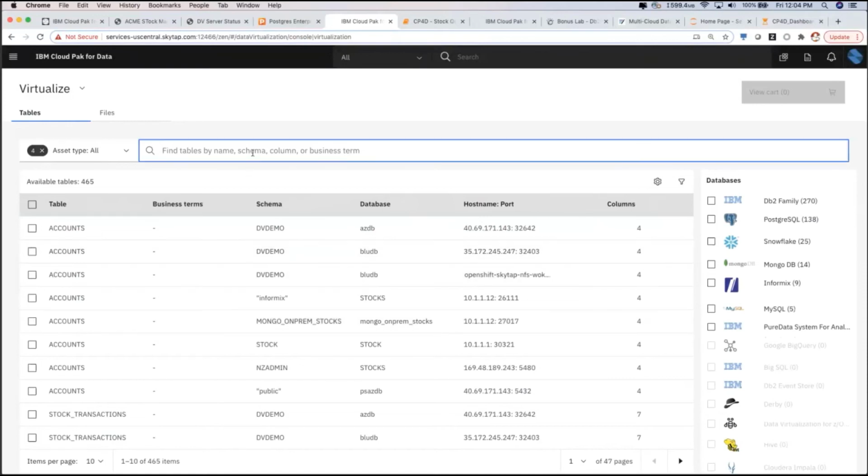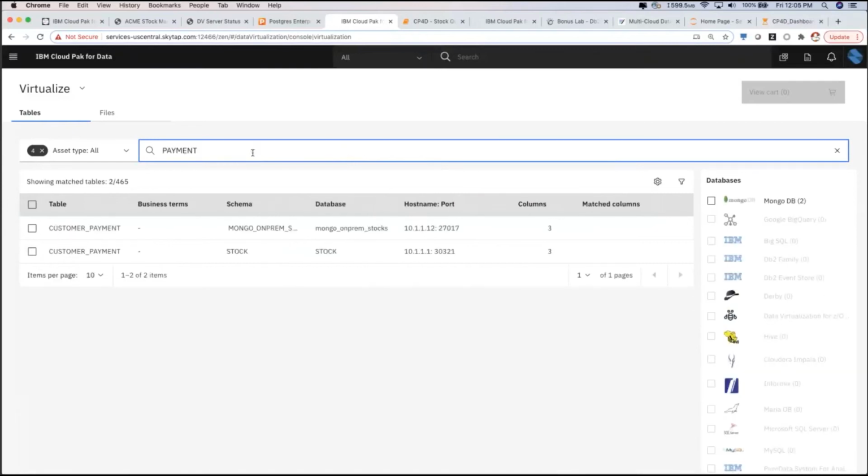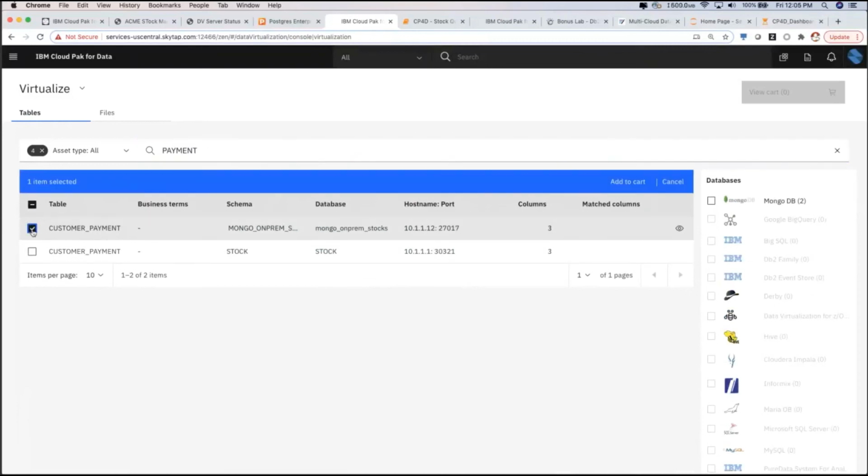Let's say I want to take a look at something called payment. It's going to find all of the tables across that whole enterprise. In this case, there are two in one of our Mongo databases that have the name payment in them. I can preview that data, or I can select these. I can add them to a cart, just like a shopping cart, and I can virtualize that data